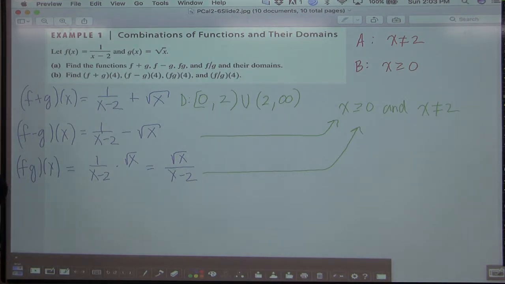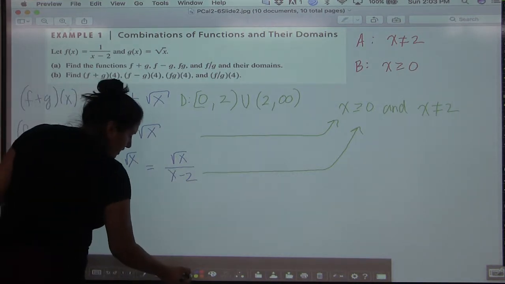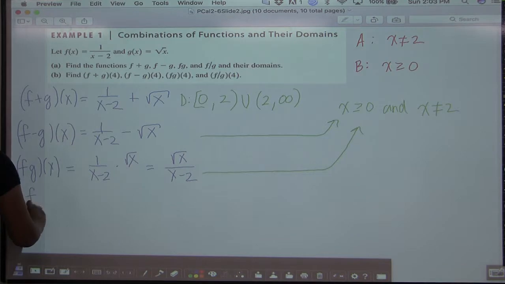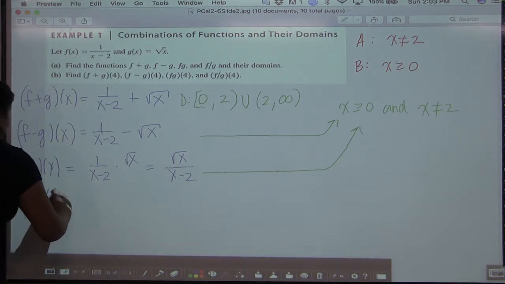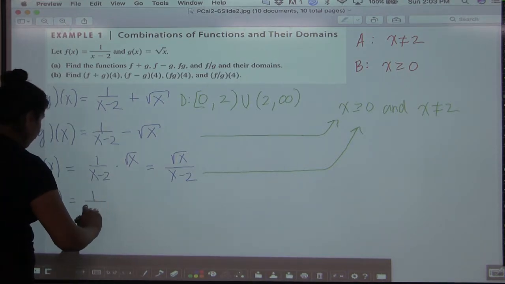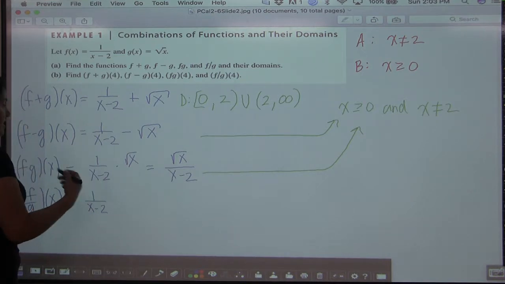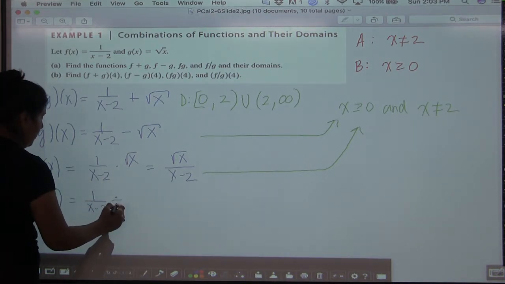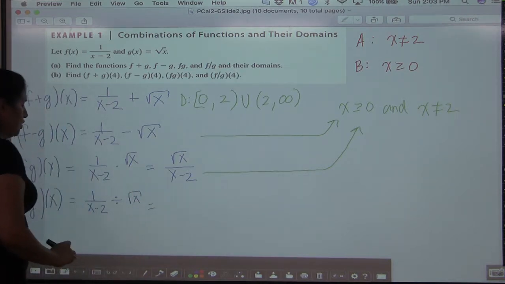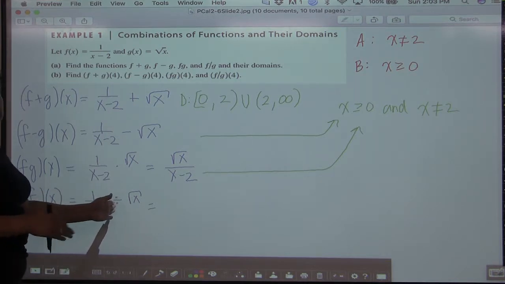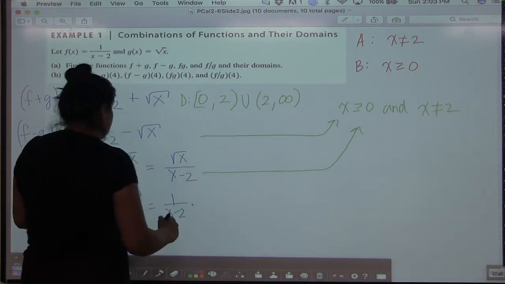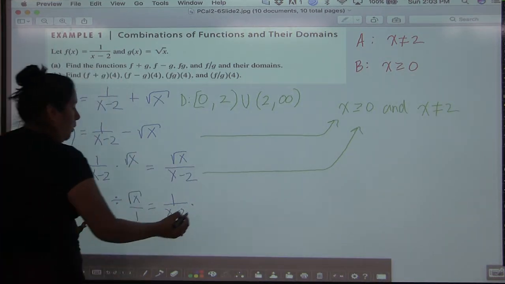But I am going to then do our last one, which is usually the one that causes people the most problems. Not that it has to, but it just requires a bit more work. So f divided by g of x, because you already have a fraction, it's probably easier for us to take our f function, and instead of using the division bar, we can use the division symbol, which is divided by root x. And then that will turn into, whenever you're dividing by something, it's the same thing as multiplying by the reciprocal. So then we'll get 1 over x minus 2 times the reciprocal of root x over 1, which would be 1 over